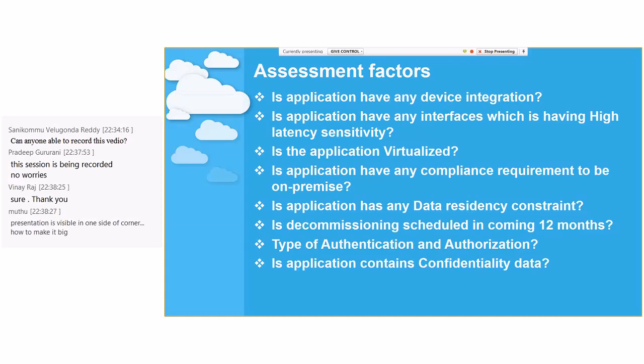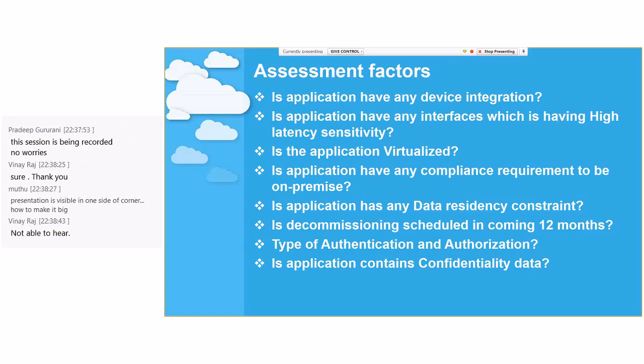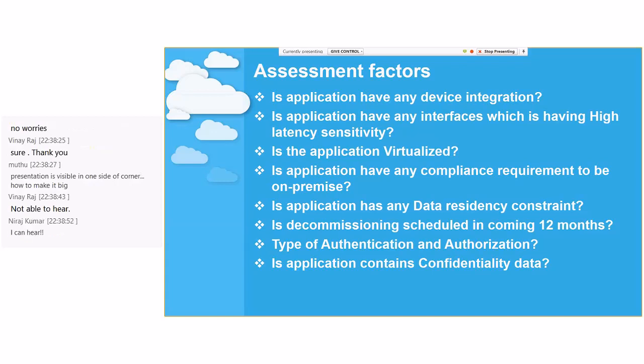Or there can be a constraint like data residency. The meaning of data residency is that this application's data needs to be kept within the country boundary or the region boundary. So it differs client to client. A time was there when India did not have any data center from AWS as well as Azure. So in that case, we need to give a different solution. It depends on whether the data center exists in the country boundary or the region, so the assessment result differs.